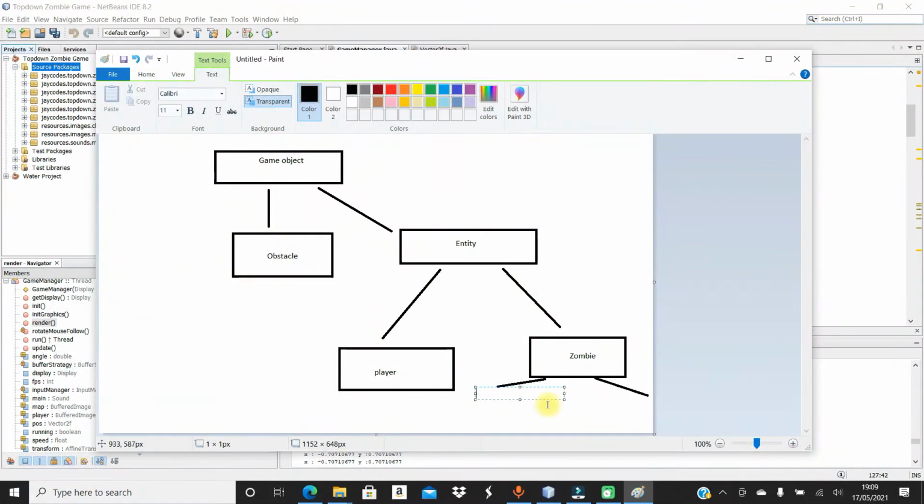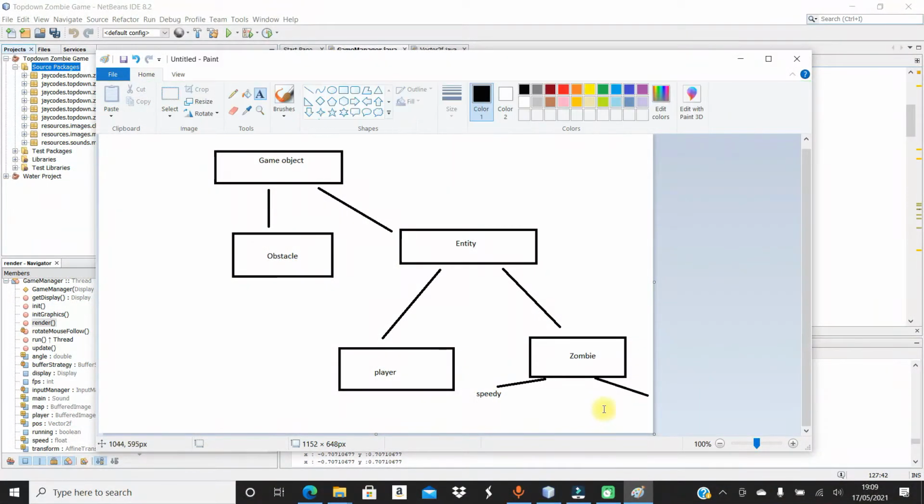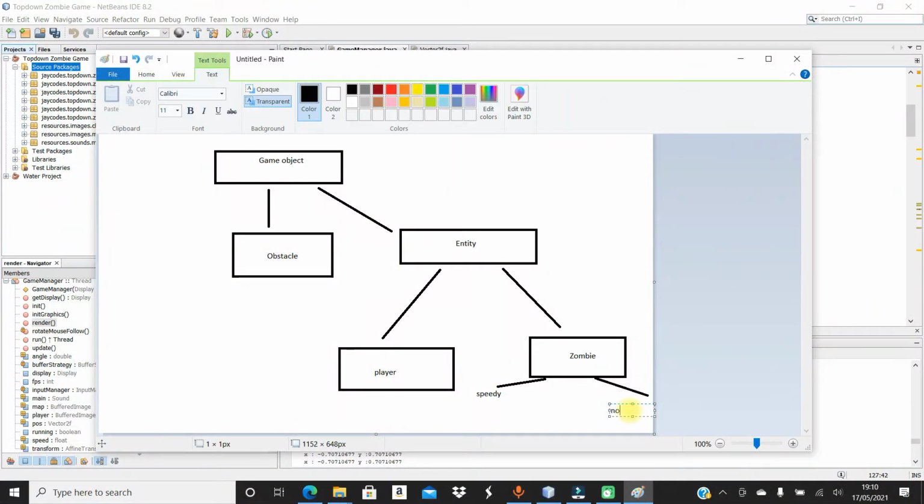So we can have, like, a green zombie that's a speedy zombie that's very fast, and we can have a, I'm just gonna call it a bouncer zombie that's going to be very tough and have lots of damage. Okay, that isn't working out, so let me try here. Bouncer. We can have a bouncer,